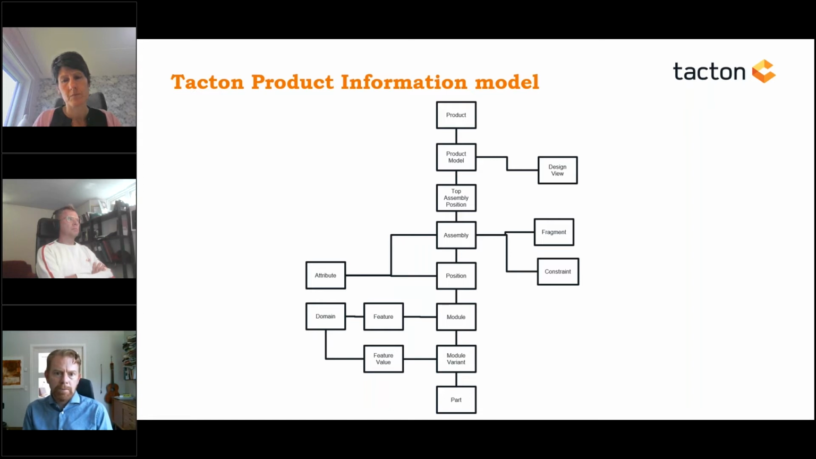So you have a product with a product model. In product modeling, we have assemblies with positions, modules and features. In Tacton Studio, assemblies are closely tied to parts, and we have components and classes instead of modules and features, but they're basically the same. But if we look into SAP,